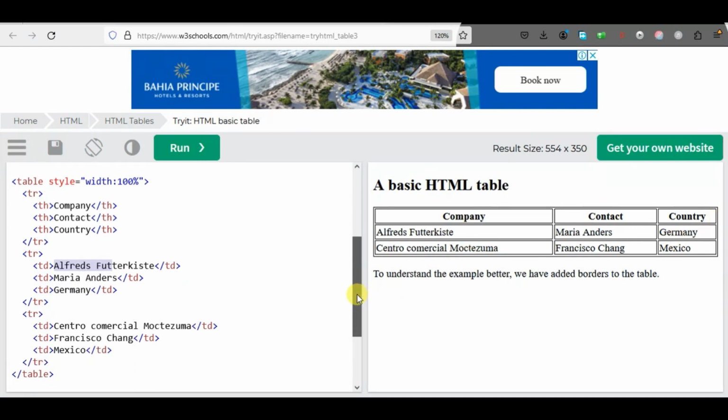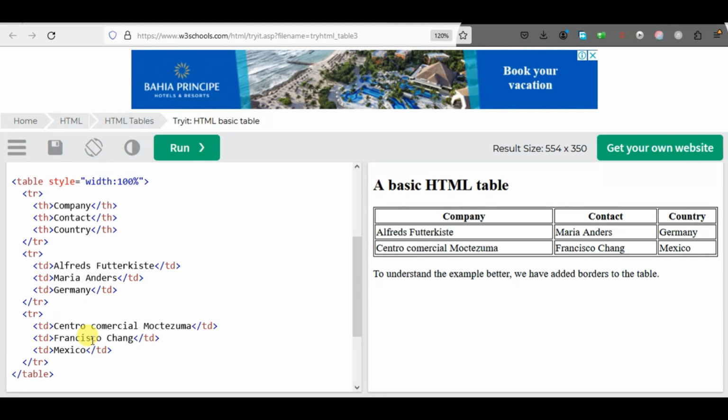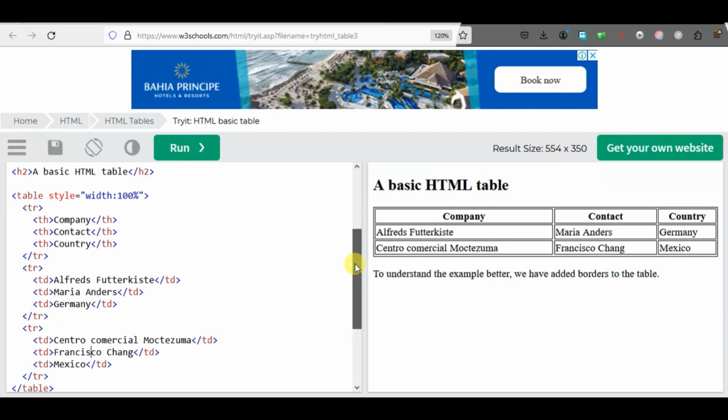However, we have added another row to it. You're seeing it here, Central, which is right here, commercial, and we have Francisco, which is our next information right there, and we have Mexico as well. So that's how you go about creating a table using